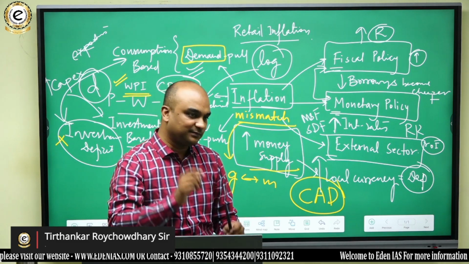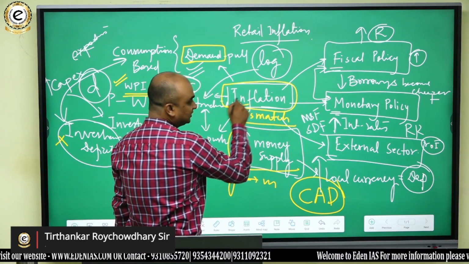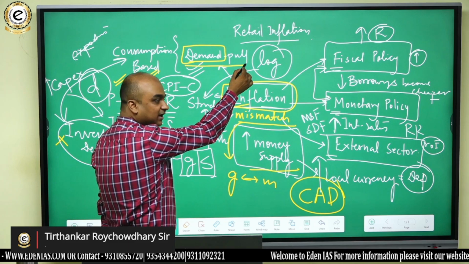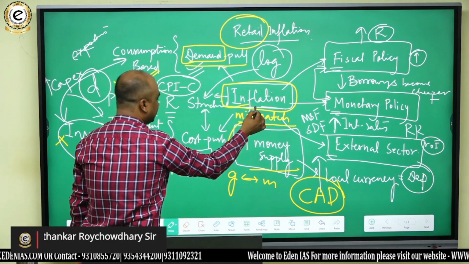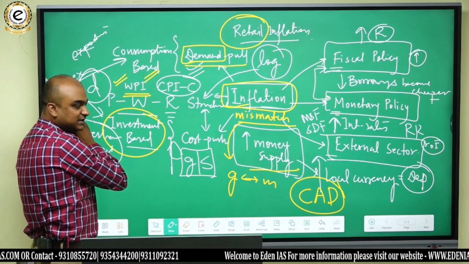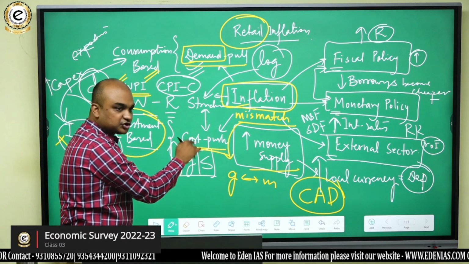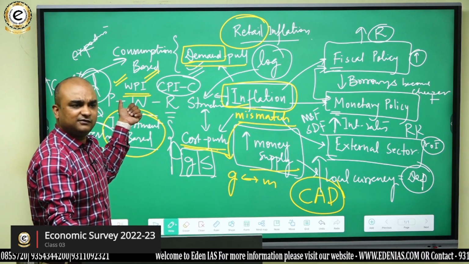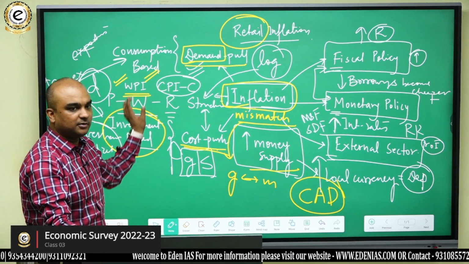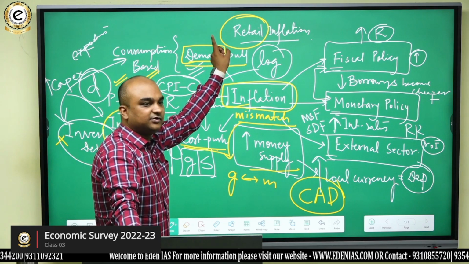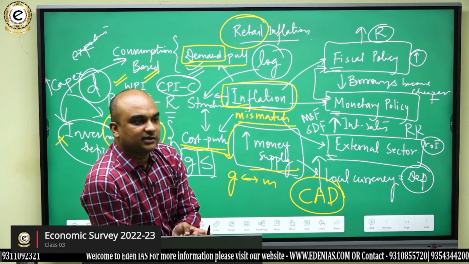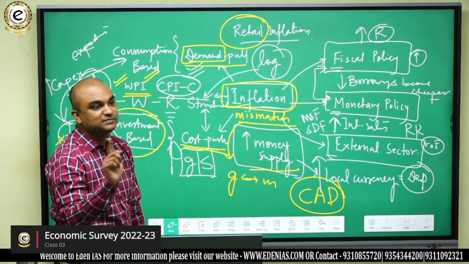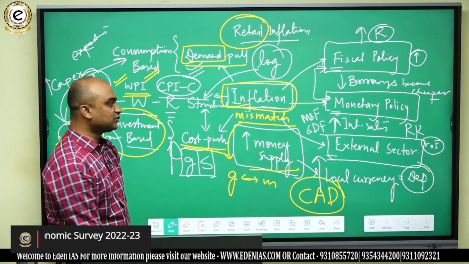But generally speaking, आप ये समझ लो कि जब भी inflation होगा तो अगर consumption based economy है तो कौन सा inflation होगा? वो demand pull. और कैसा inflation होगा? Retail inflation. Inflation अगर इन्वेस्टमेंट बेस्ड इकोनॉमी या इन्वेस्टमेंट लेड इकोनॉमी है तो it would be mostly cost push inflation. You understand that? And cost push inflation could also be at the level of wholesaler and at the level of producer, not necessarily at the level of retailer, but demand pull is always mostly at the level of retail. और हमारी इकोनॉमी कैसी इकोनॉमी है? कंजम्पशन बेस्ड. That's why headline inflation for us CPI makes sense, WPI doesn't make sense for us a lot. अब समझ में आया कि क्यों उसको हेडलाइन इन्फ्लेशन बनाया गया.